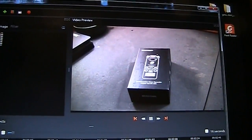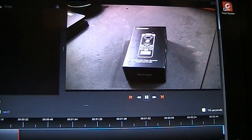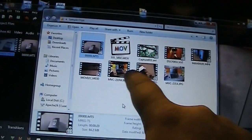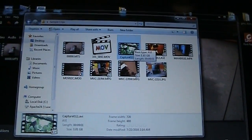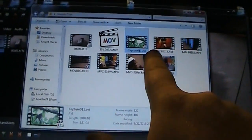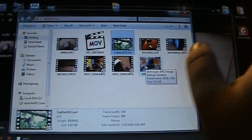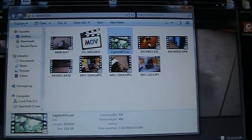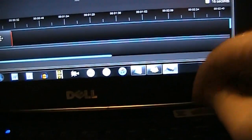Maybe just use this with video files created with a point and shoot camera. So in my sample video file folder, I have some clips that are created with regular camcorders, or I should say cameras. But before I test those video clips taken with regular point and shoot digital cameras, such as motion JPEG AVI and H.264 MP4 files, I'm going to try importing the DV-AVI video clip created with WinDV, just recorded from a Canon